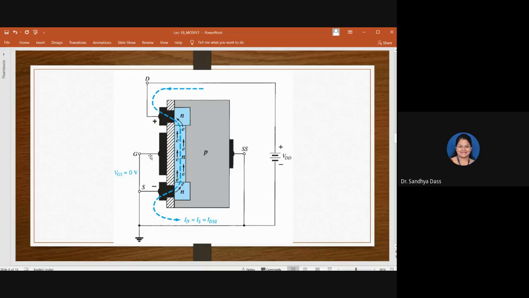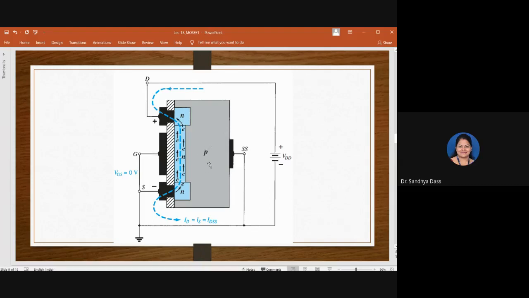From where? This is the channel. Here is your drain lead. Here is your source lead. If you make... someone's typing, let me see. Electrons get accumulated at the gate. Very good, that is correct, Kate. Electrons get accumulated here in the channel, not at the gate. In the channel, when you make the gate terminal more positive, what happens?